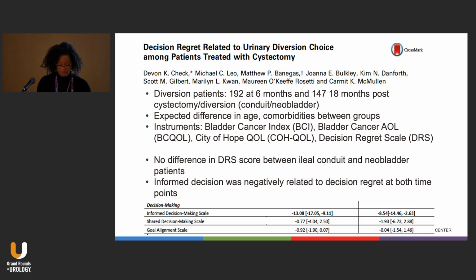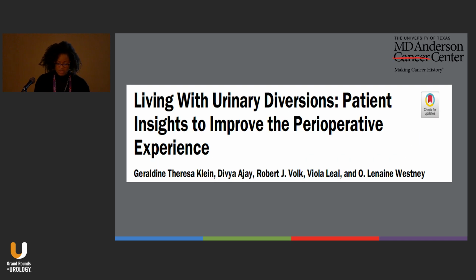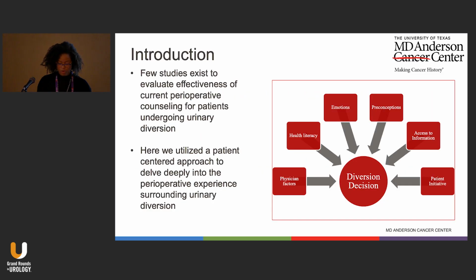Briefly on decision regret, this is something that's also been looked at in prostate cancer patients. And what they found in this fairly recent study is that there was no decision regret when you look at conduit versus neobladder patients, but it was in relation to the amount of information they received. So we sought to look at how we could improve our patients' perioperative experience. And this is more straightforward for urologists, but very complex for the patients in terms of just a complete change, a lot of information,